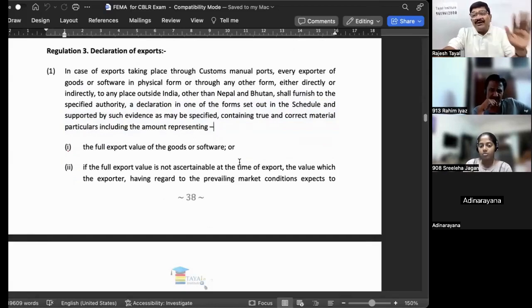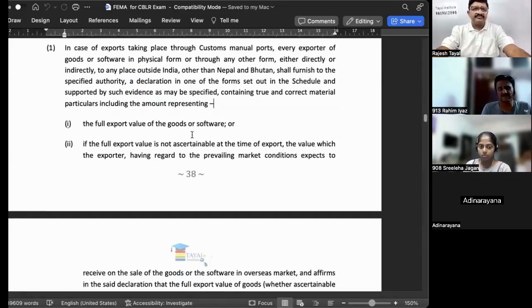Number two, all the applicable rules, regulations, and laws have been complied with. In addition to that, there is a value. So declaration is not only limited to value. Declaration is also required in respect of compliance with all the applicable laws. That is not part of these regulations.